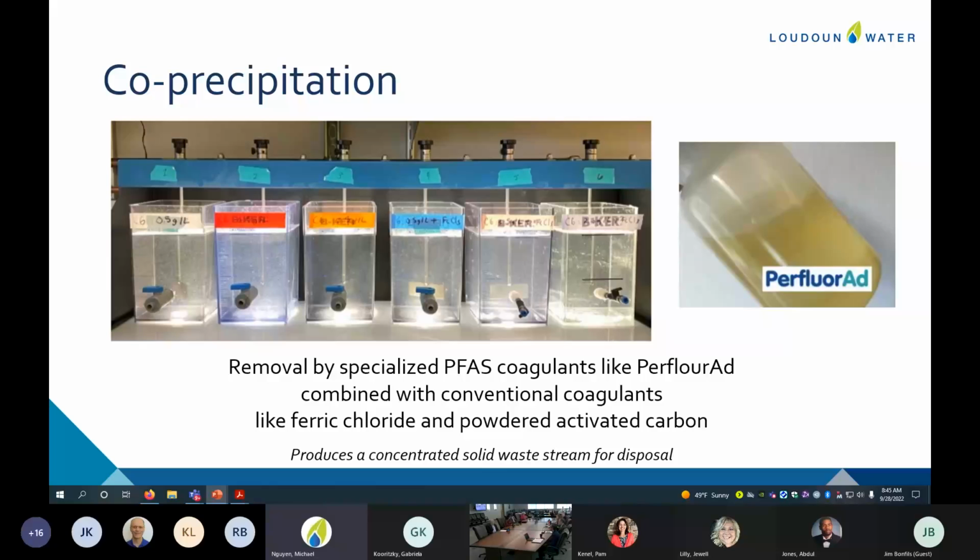I noticed you mentioned ferric chloride and powdered activated carbon. Is alum still used as a coagulant? It is. We use it in Broad Run. These were the ones recommended by the consultants on this level, and I am not knowledgeable enough about leachate to know why these would be preferred over that. But I know ferric chloride is a bear to handle. Absolutely. But again, at the leachate level, it's very small quantities. We would be talking about a drum with a drum pump type situation. All right, so